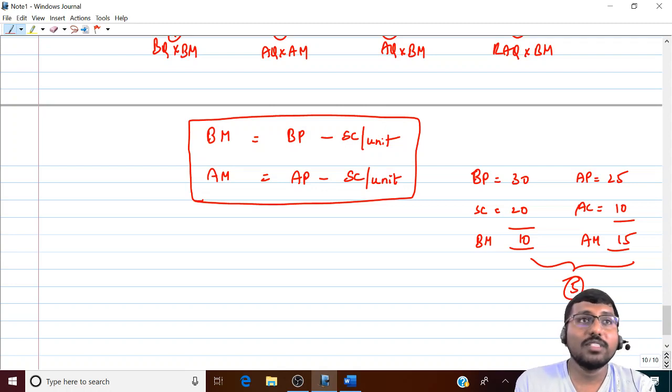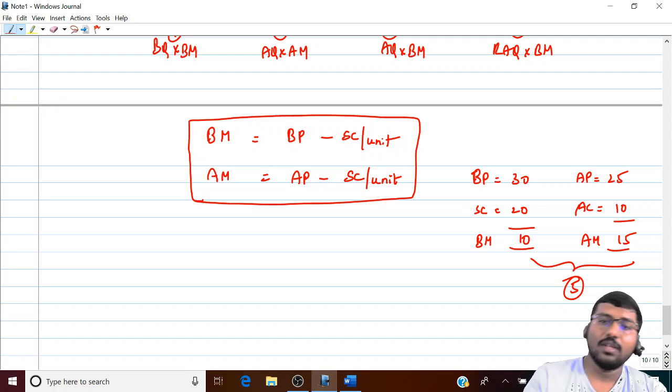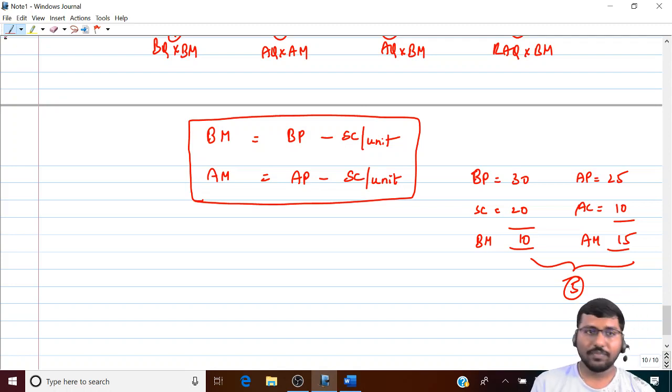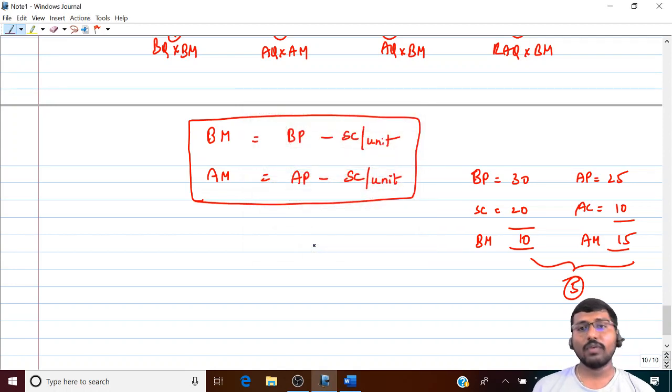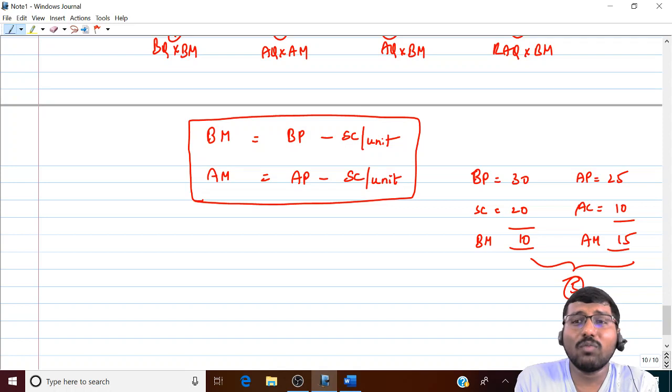You understand the point? So this is the real answer. As I told you at the beginning of the class, in this chapter, if you get a formula, then after applying the formula, whatever number you get, you should be able to use it. But am I able to use this number 5 here, or 10 or 15? No. Are you able to understand? So this is not the right formula because it doesn't help me, even though my explanation was correct. But what do you do with this 5?